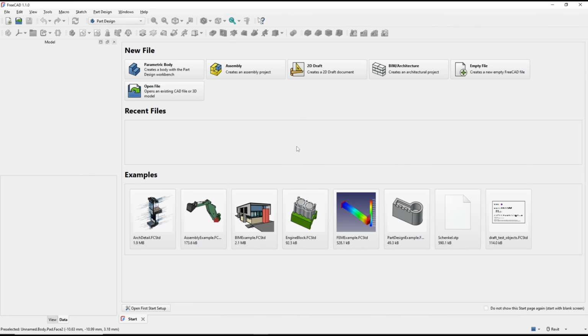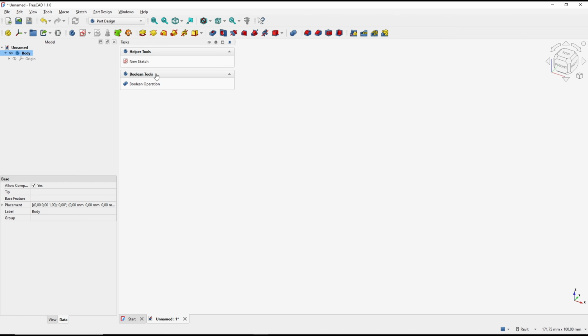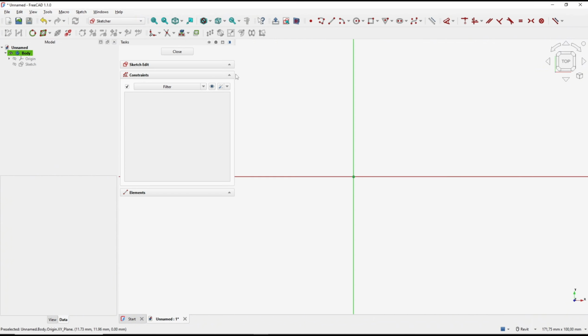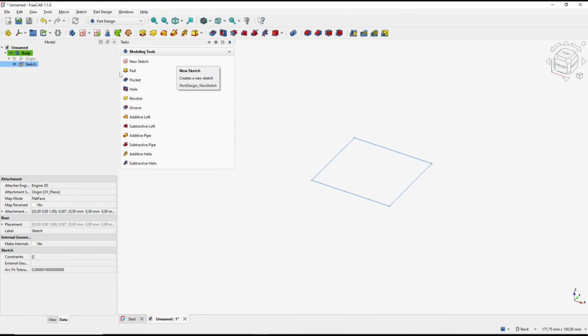Hello everyone, today we are going to learn basic FreeCAD 1.1: how to rotate view. So you can go to Part Design Body and I will create a 3D object. For example, you can create a new sketch and I will choose the top plane, draw a rectangle, use the Pad tool to convert